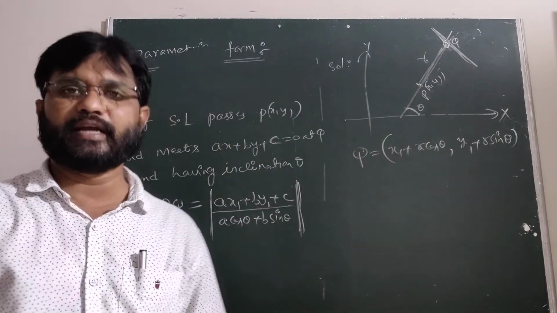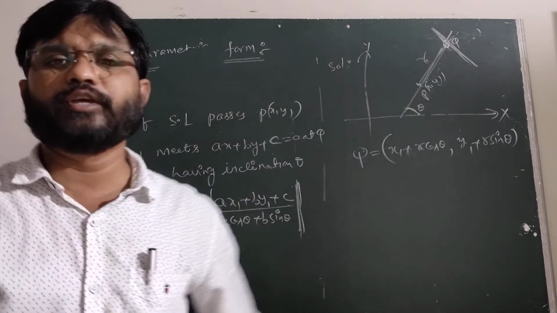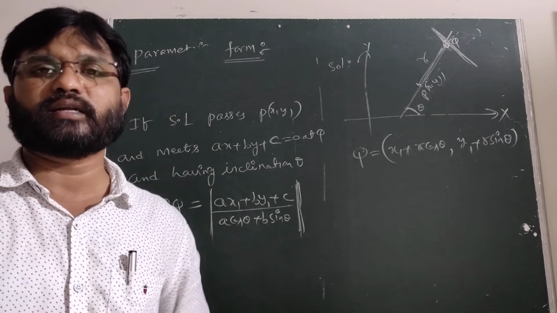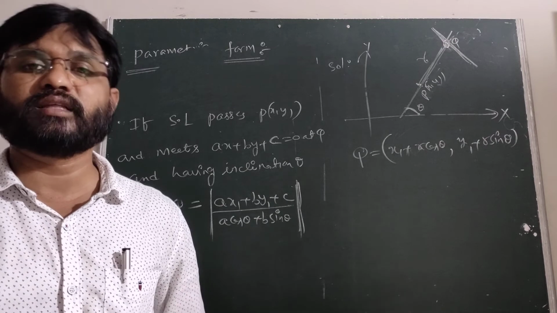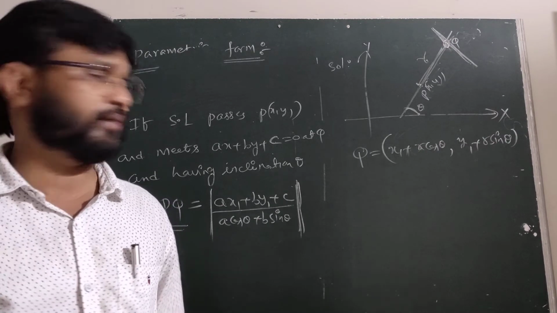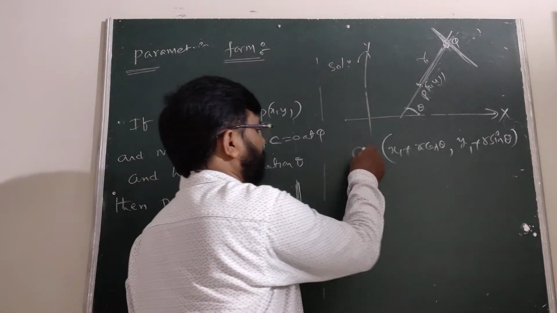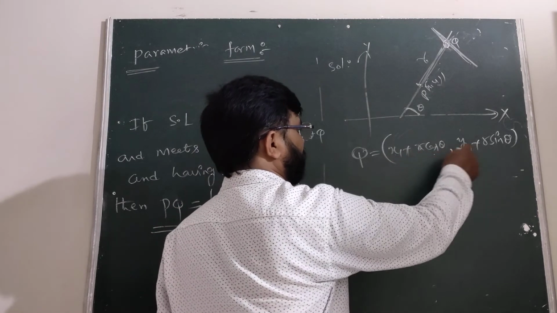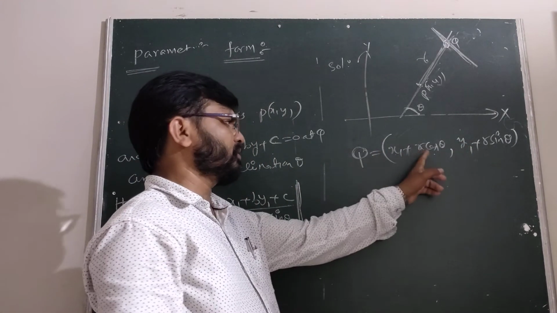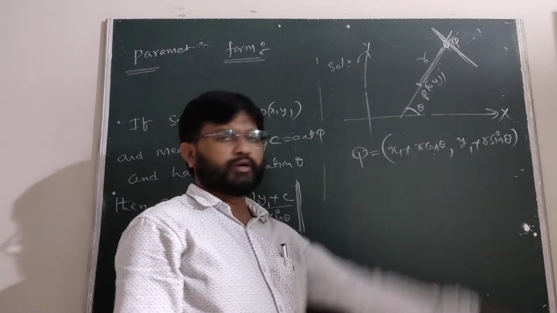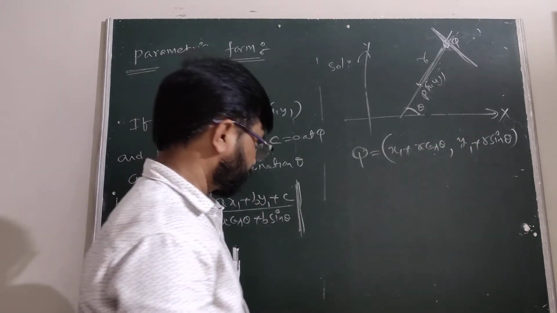When you have to find the distance, undoubtedly you can write mod r is nothing but r. When you are finding the points, we take mod r. Therefore, Q is x1 plus r cos theta, y1 plus r sin theta. The small x equals x1 plus r cos theta, small y equals y1 plus r sin theta.